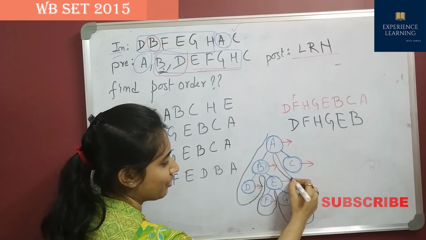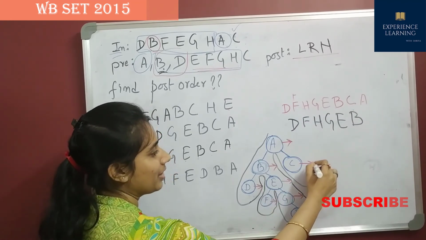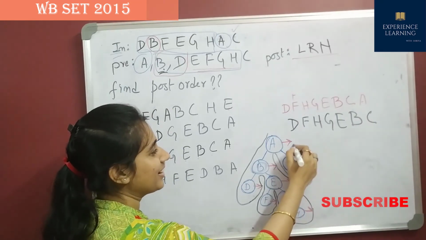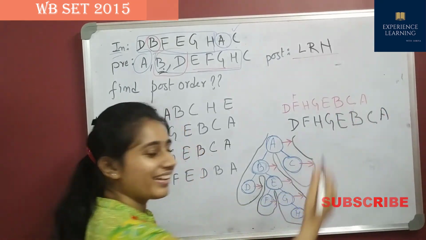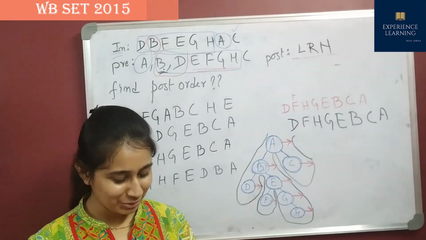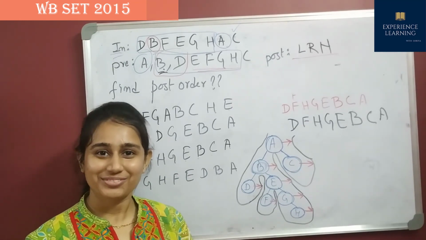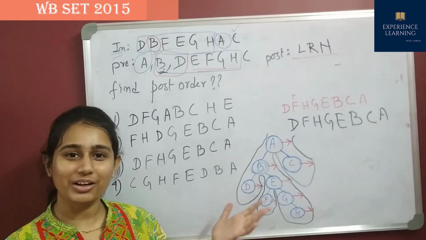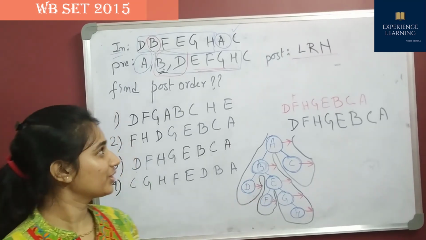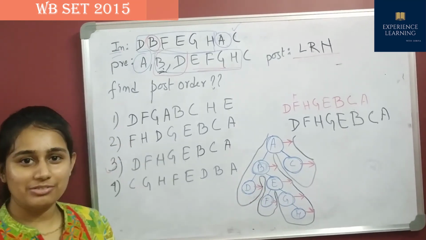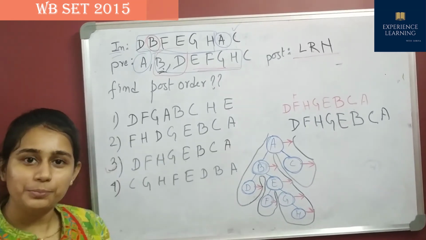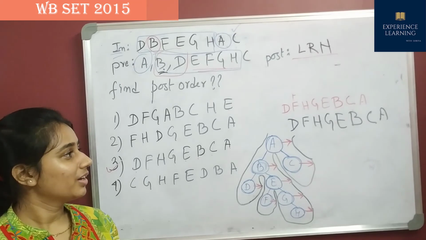Next again we have to come here. Okay, again we will start. It's touching C. Now it's touching A. See, both of these answers are the same, isn't it? So in this way you can also easily solve questions on traversing of trees. So here I have just shown it for the post-order traversal.